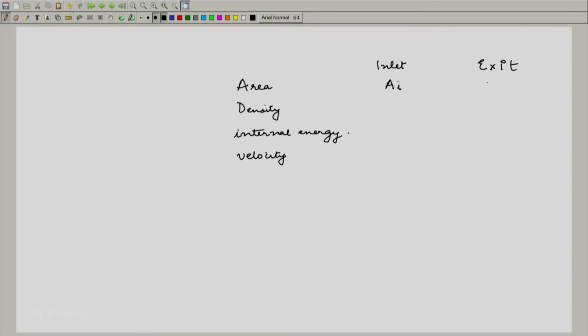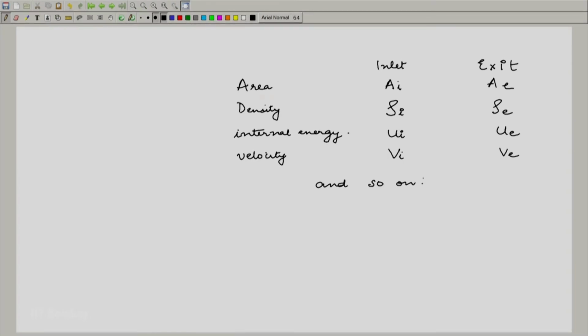A_I, A_E, rho_I, rho_E, U_I, U_E, V_I, V_E, and so on. So we make a list of the properties at the inlet and exit.